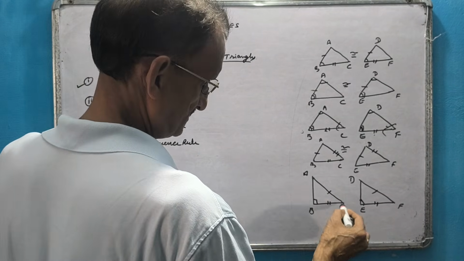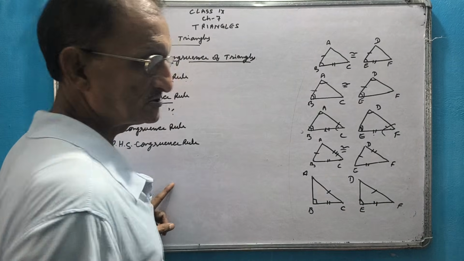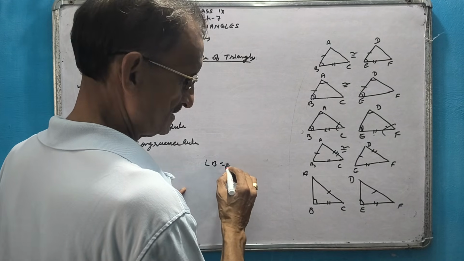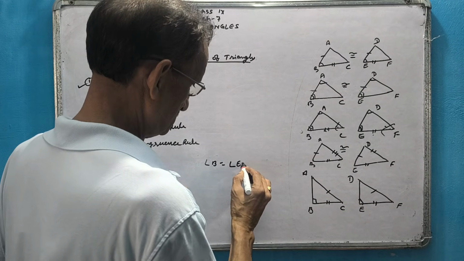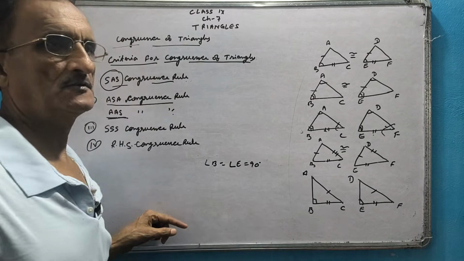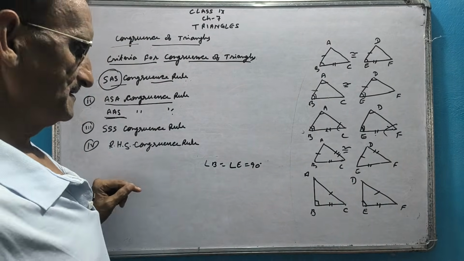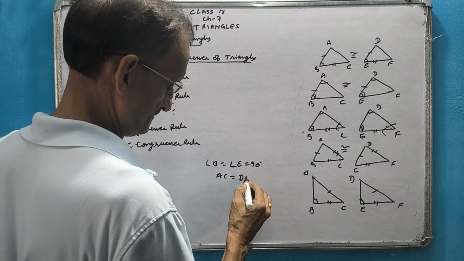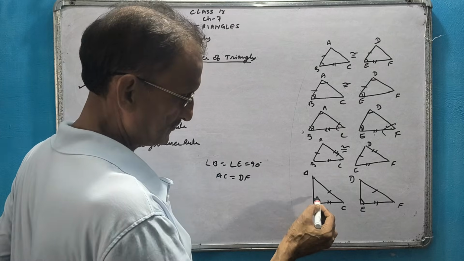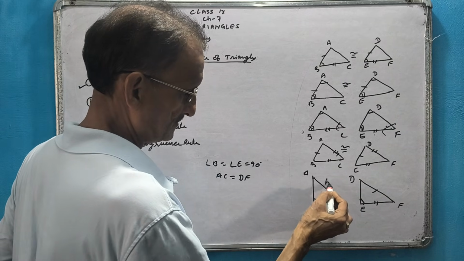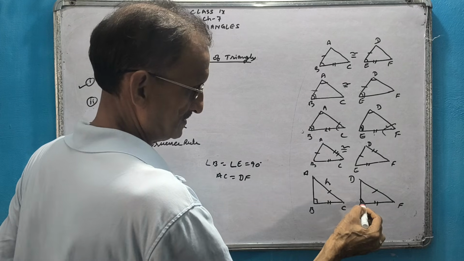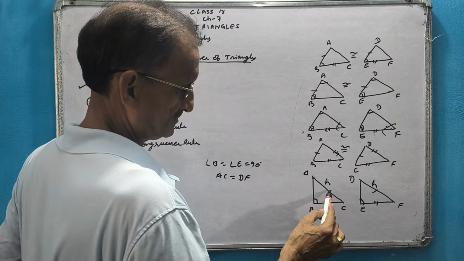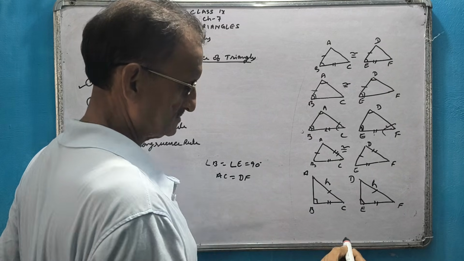Suppose we have triangle ABC and triangle DEF, two right angle triangles in which angle B equals angle E equals 90 degrees. Now in these two triangles, if AC equals DF, what is AC? The side opposite to the right angle is called the hypotenuse. That is, if the hypotenuse of one triangle is equal to the hypotenuse of the other triangle